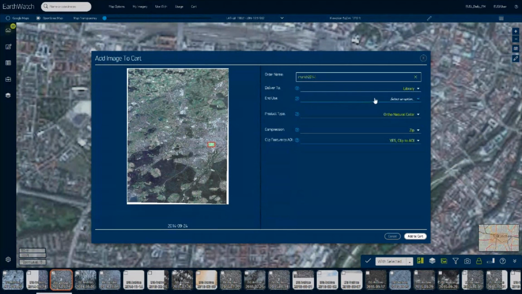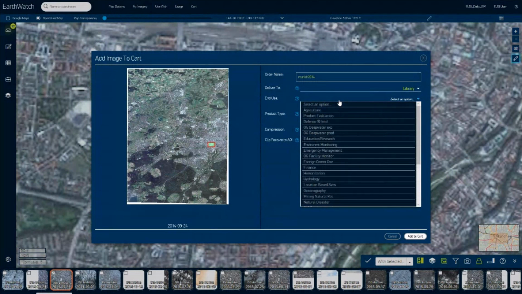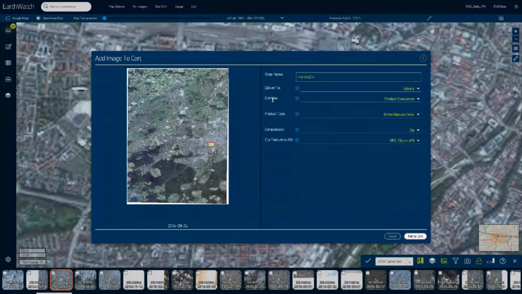We can choose if we want to deliver the product into the library, from where we can then download the product to our hard drives, or we also can put the product into our online carousel as a private image. I will put the image into our library so I can download it later. Then we have to choose end use, where you have several parameters. In our case, we choose a product evaluation.